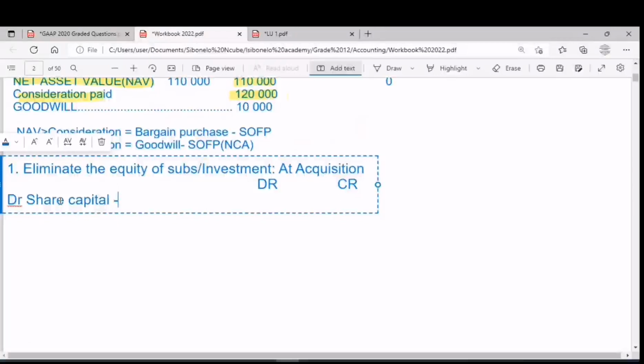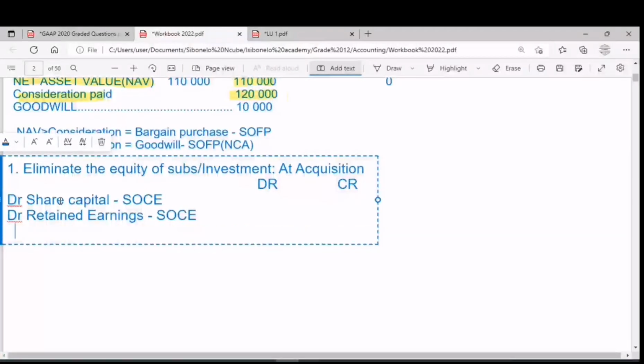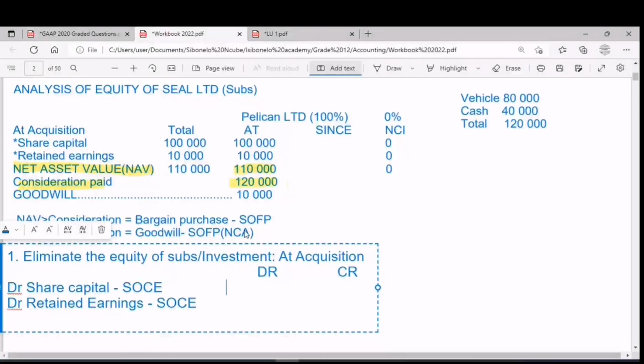So share capital affects the statement of financial position, the balance sheet, but share capital comes over from the statement of changes in equity, SOCE. And then again we debit retained earnings because we are eliminating equity now. So now we come over from the statement of changes in equity. So our balances are here. In our balance already we see 100,000